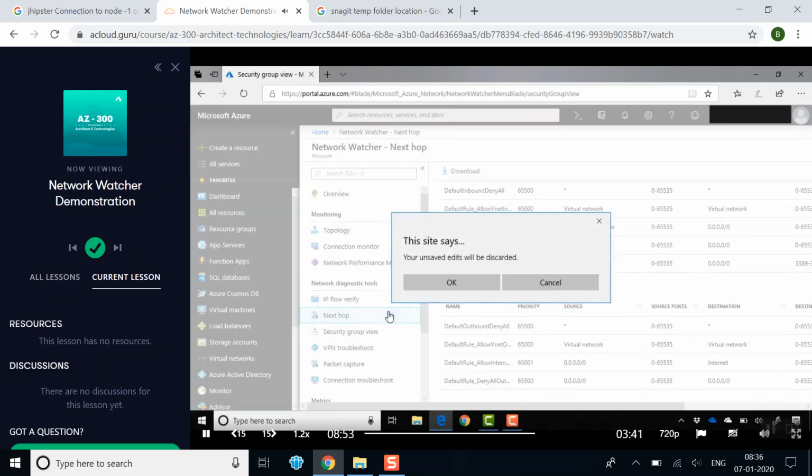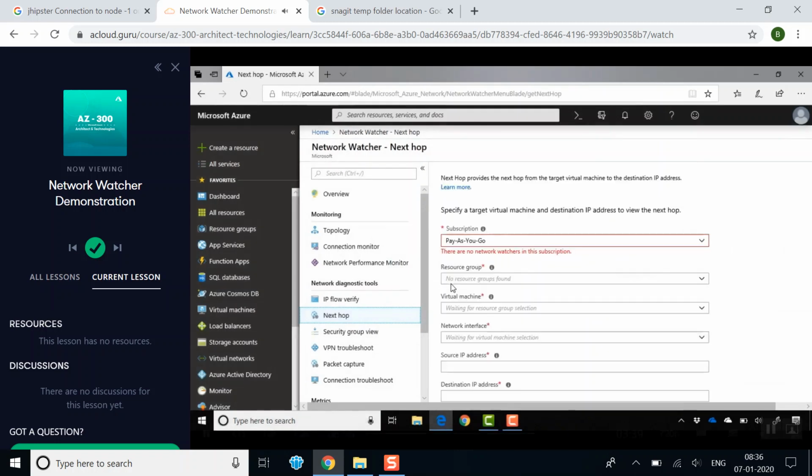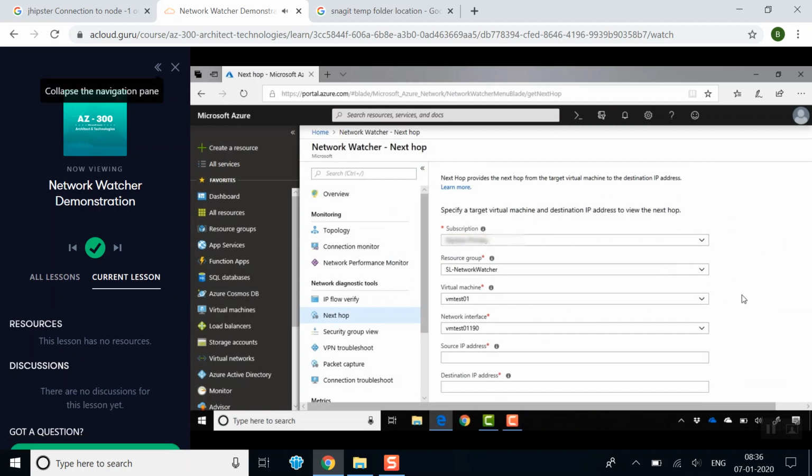Last but not least, next hop is quite useful as well. You actually get some of this from that connection monitor that you may have seen earlier on. But same thing here, I can click my subscription. I've got my